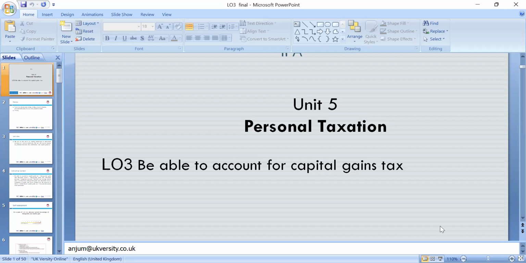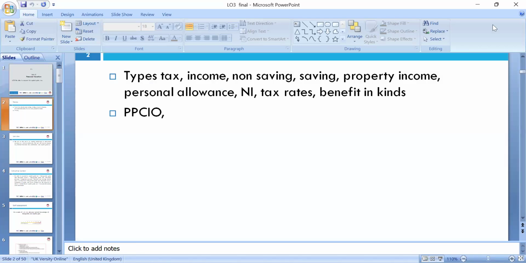Today's lesson we'll go through capital gains tax. Please, we need to really apply the rates which we discussed in lesson 1 and lesson 2, and today we'll go through our lesson 3. During our last lesson